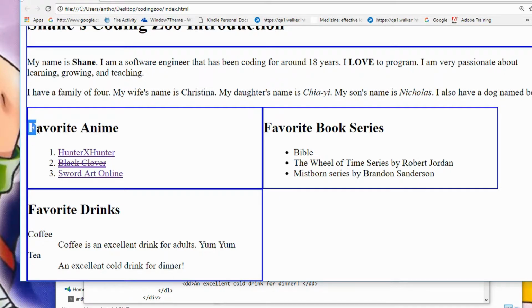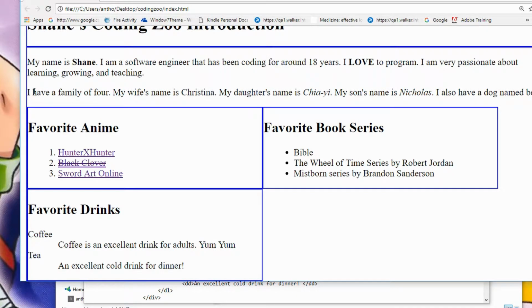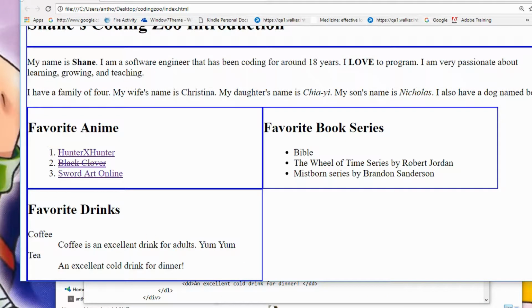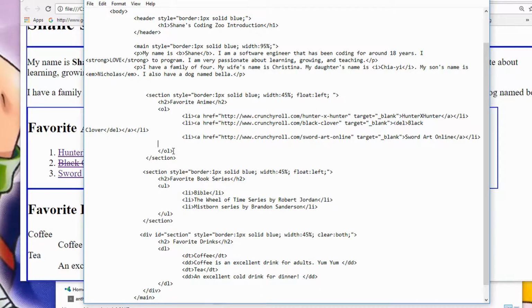Okay. So I want to basically make those things have more space. I don't want these words to be so close to the borders or so close to each other. In HTML, a lot of elements have what's called padding. So padding will actually say, I want more space around this content that's inside of this div. So I'm going to add padding to these two. So I'm going to say padding